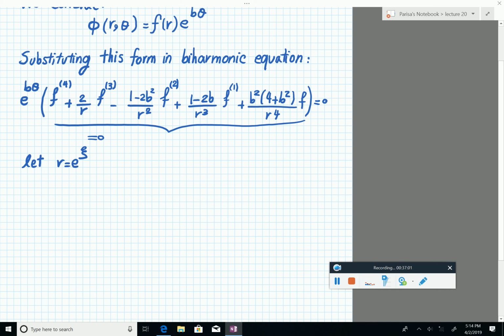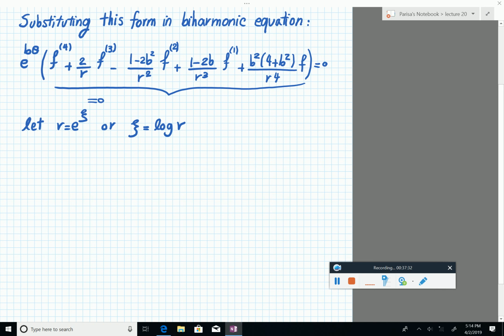So if you change r, basically you change r to c, and this is the same way of writing it. You can write it either way. And then if you use the chain rule,